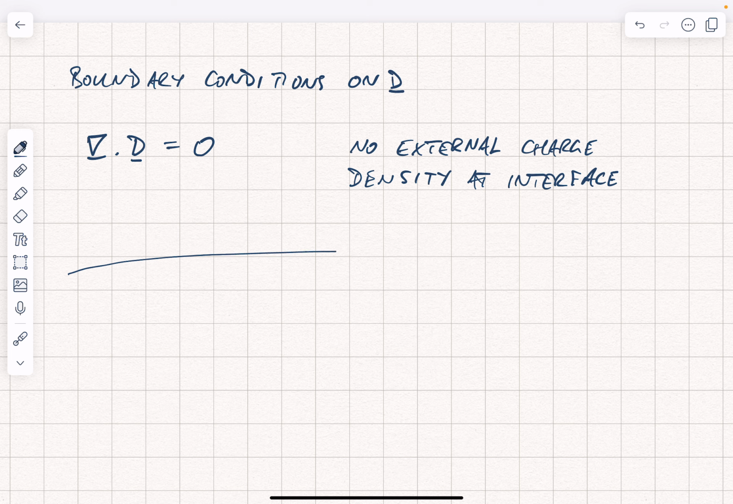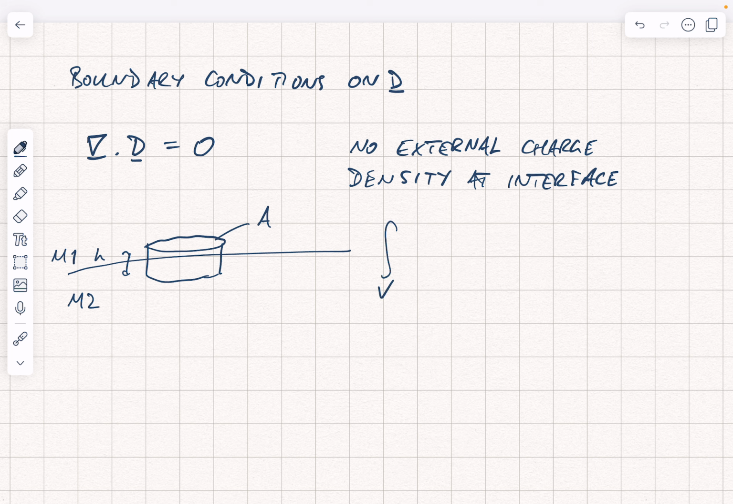So we now consider an interface like this, and we're going to consider a volume. It's going to be a small cylinder which goes across the interface. We've got material 1 here and material 2 here, and we have a cross-sectional area of A and a height here of H. So we're going to use the divergence theorem and the integral form of Gauss's law in this form, so the integral of div D dV, which we know is equal to 0, and then we will transform that via the divergence theorem